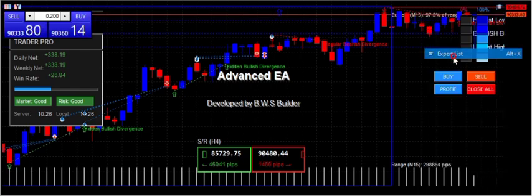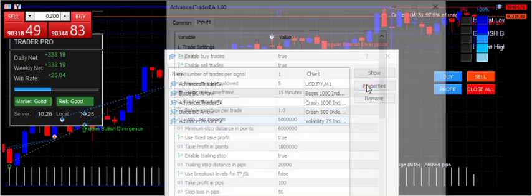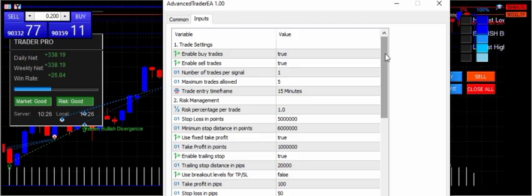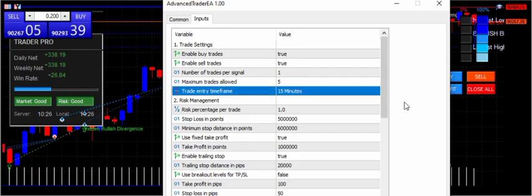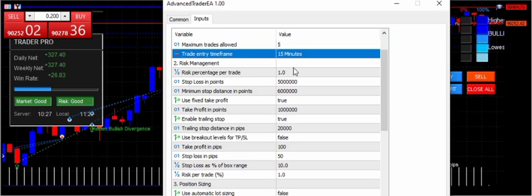Now let's go to expert advisor, advanced trader EA. Let's see the property. Now, when you look at the property here, we have inputs. Under the inputs, we have trade settings, we have buy and sell, number of trades per signal, we have maximum trade allowed, time frame for entry. This time frame is specifically for breakouts. Then we have risk percentage per trade, we have our stop loss, we have the minimum stop loss,